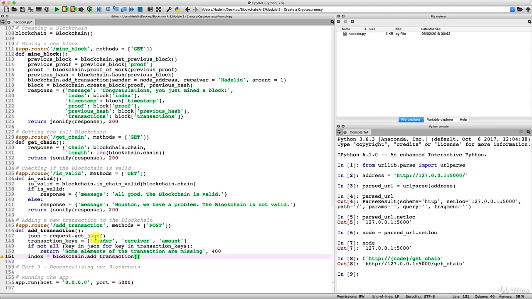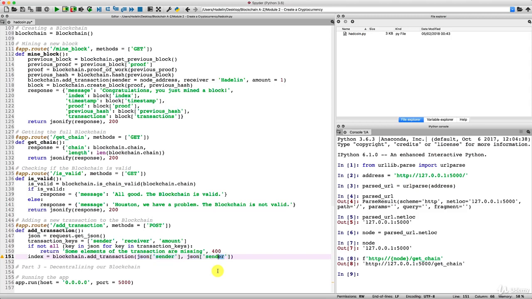So right now, in order to get the values of the transaction, we'll take our JSON variable, which is exactly the JSON file containing the transaction. And since this JSON file works exactly like a dictionary, we simply need to get here the keys, starting with the sender. And then I'm going to copy this because it's going to be the same for the other keys, that is the other values that we want to get.